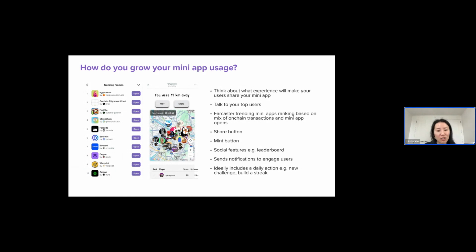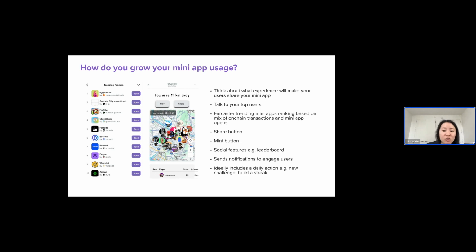And then obviously, talk to your users. I mentioned you can DM people really easily. The Farcaster community is very nice about giving feedback, and very honest feedback too. You have people that are always willing to test things. There's a mini app tester group of almost 300 people that are willing to try out mini apps and give feedback. If you message me on Farcaster, I'm happy to add you to that group and you can share what you've built and get feedback there. Otherwise, I cold DMed so many people when we were building on Farcaster, and people are really great about giving user feedback.